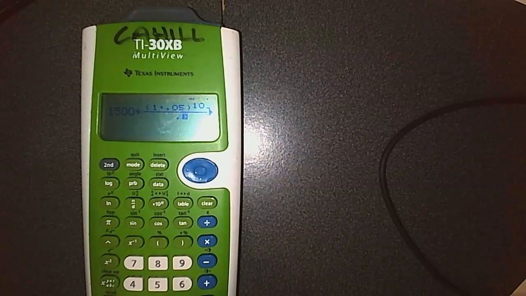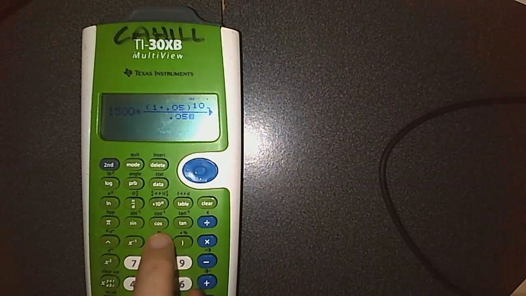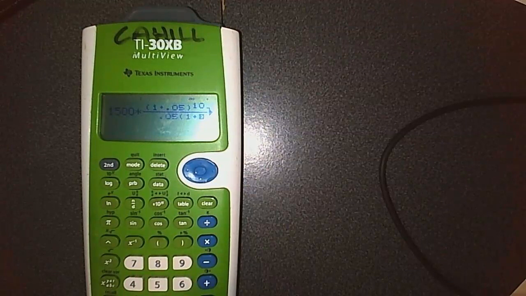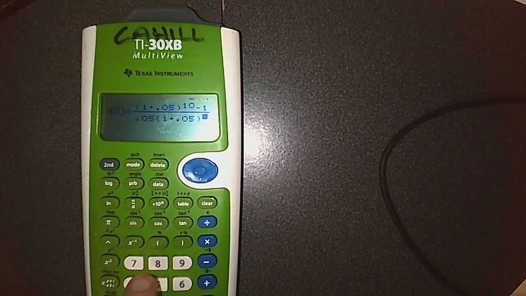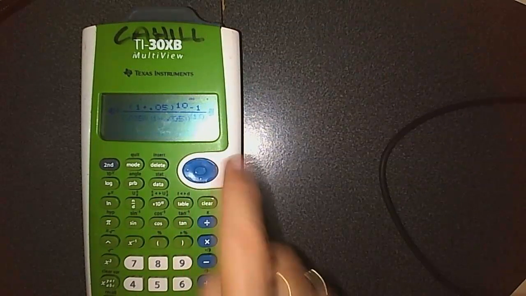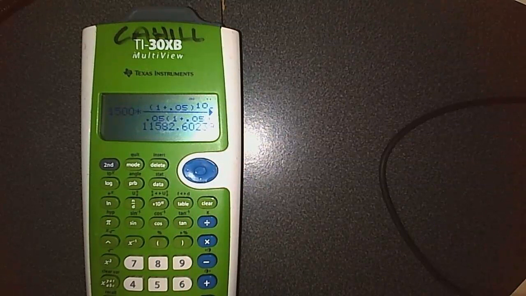Make sure my cursor goes over to the -1. And then down here, going to have 0.05, open bracket, 1 plus 0.05 closed to the power of 10. Go across, press enter, and I get